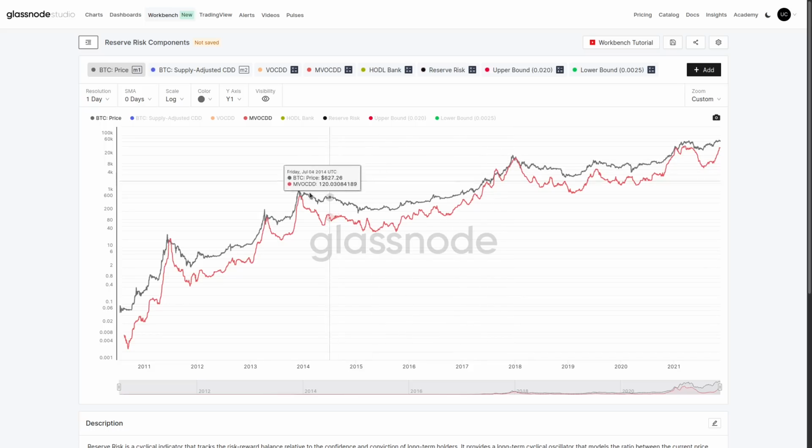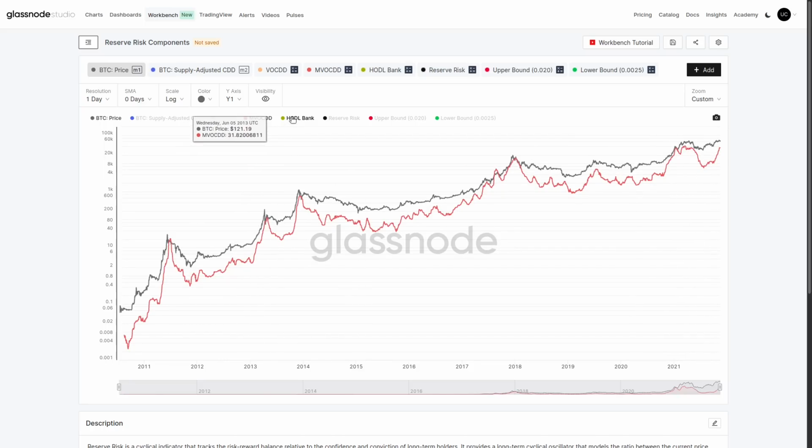Now, conversely, during a bear, note how they open up. We get this large divergence between the amount of spending, which is getting less. There's less spending going on, more accumulation, even though the incentive to sell is much higher. This is showing hodling behavior. People are sacrificing the opportunity cost to take their money out today because they believe that prices are going to go higher. We saw this again through 2018 through to 2020. We saw the closing up in 2021, and then we saw a large gap opening up during the recent market.